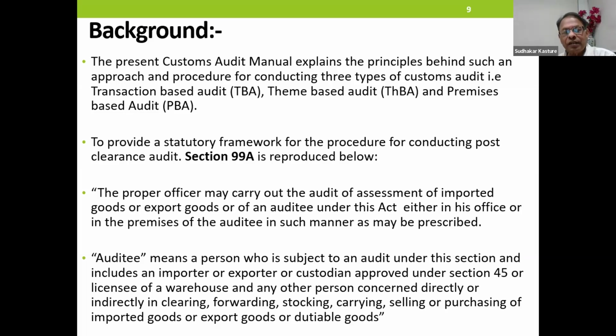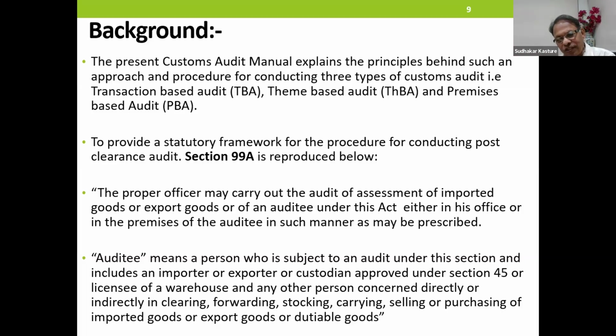So if it is found that some truck is held on the road, there are some interesting examples of this: material imported under advance authorization going by way of transfer to the factory. But the factory is somewhere in the north and the truck is going towards the south and was caught on the way. So the question is, the material is duty free. It is supposed to go to the factory.